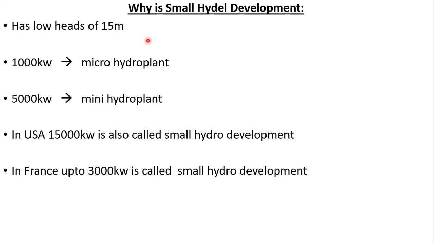We can also say that if you enter the concept of a small hydro plant having low head, say up to 15 meters, this consideration may also be called small hydro development, but it is not generally true. It is not dependent on the restriction of the head for small hydro development, but it depends upon the power output only. So strictly speaking, if you say up to 5,000 kilowatts, we will say small hydro development, regardless of the head we are taking.